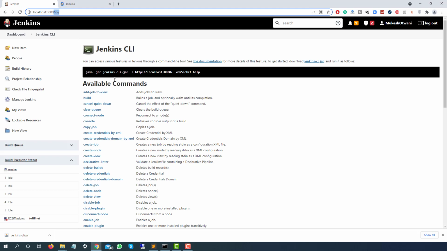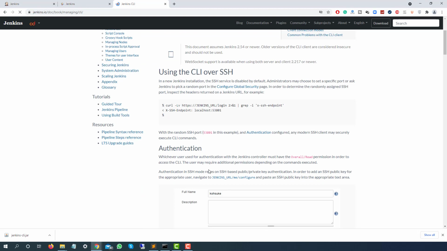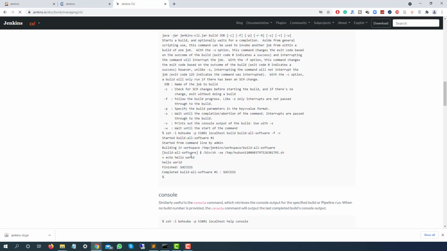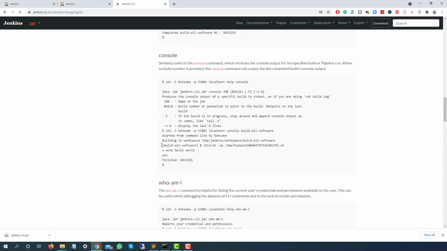Now once you are on this CLI page, as you can see, this is the command that we have to use, and they have very good documentation. If you want to explore the features, the moment you click here, you will get all these options. This is the same document which I showed you, and they have also mentioned how you can get detailed information about any command that we are going to execute. I will show you that also.